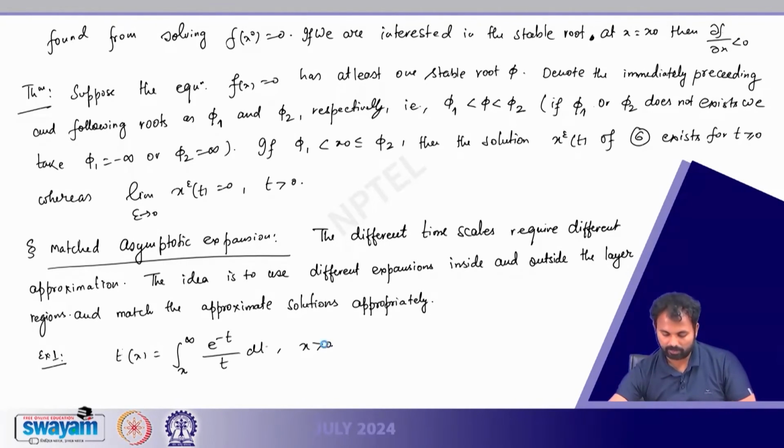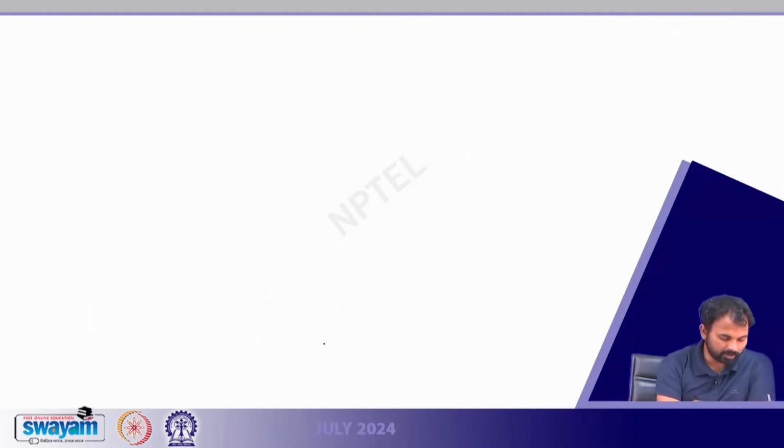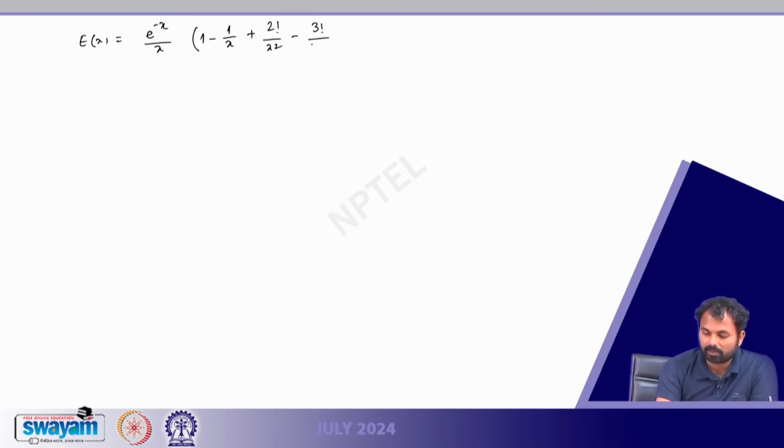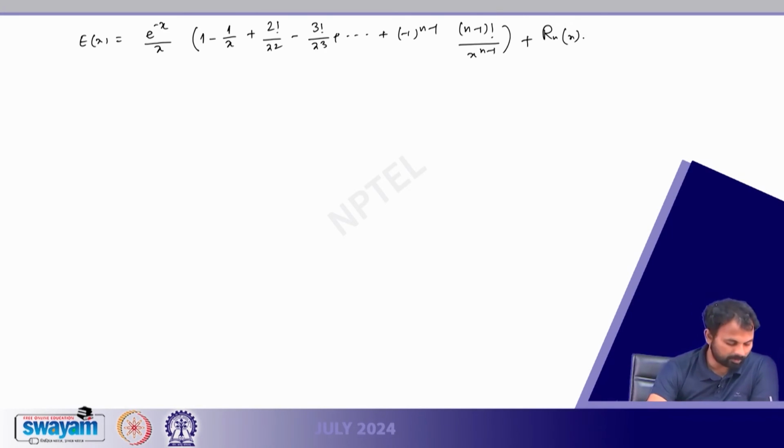Here we can do integration by parts, which will give E of x equals e to the power minus x by x times 1 minus 1 by x plus factorial 2 by x squared minus factorial 3 by x cubed and so on, plus minus 1 to the power n minus 1 factorial by x to the power n minus 1, plus some remainder term Rn of x,